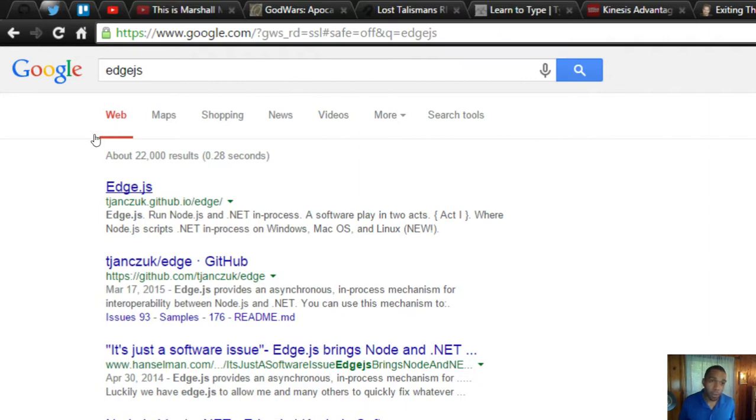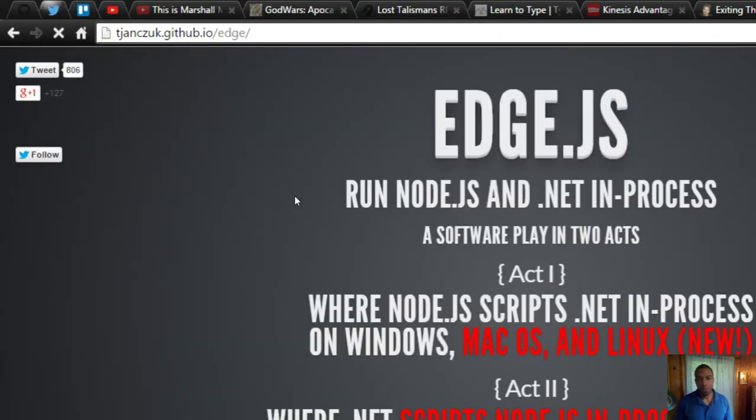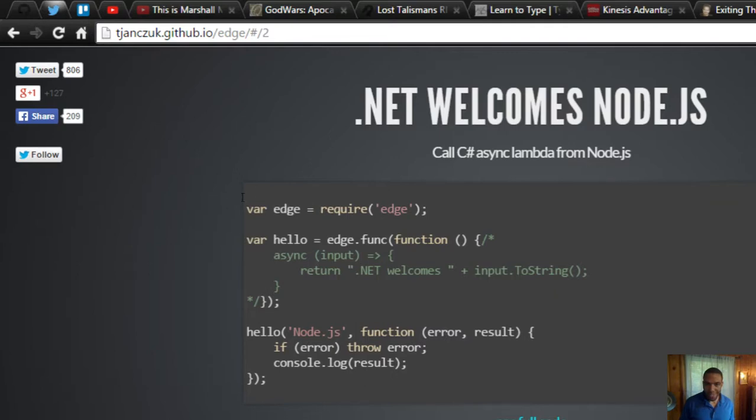let's take a look. So Edge.js is a project that allows you to run .NET code in line with Node.js. So it kind of builds on the whole idea of Node.js that you could actually do a child process from within, but it really wraps it very neatly. So here's your first thing, right?